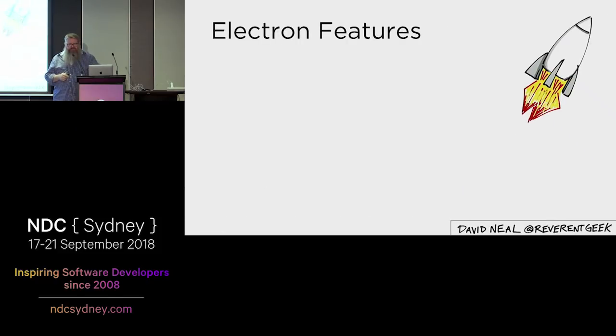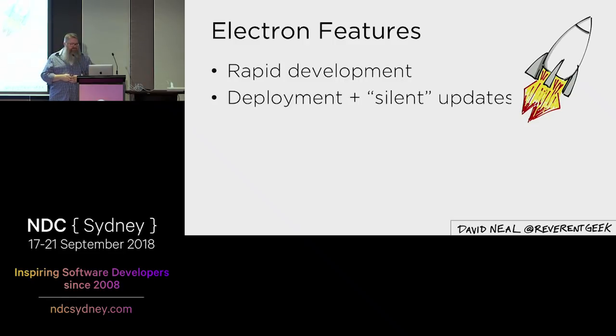So some of the features that are available: there's rapid development. That makes it really easy to prototype and to build a desktop application. There are a number of hard problems with desktop apps that they have already solved for you with Electron, and that includes deployments and silent updates. It's built into the framework, the ability to have your Electron application running somewhere and have it be able to check for new versions of the application,